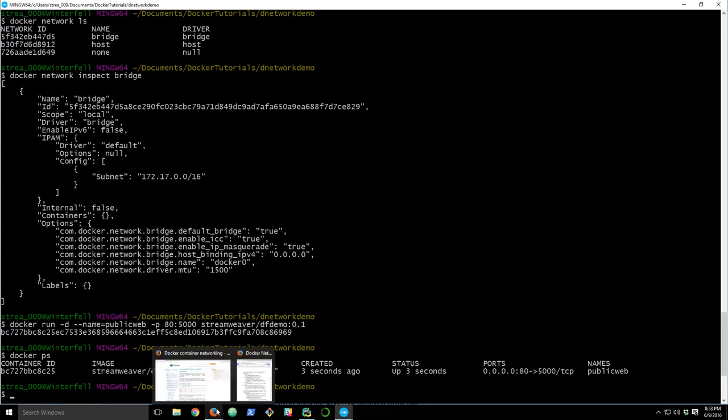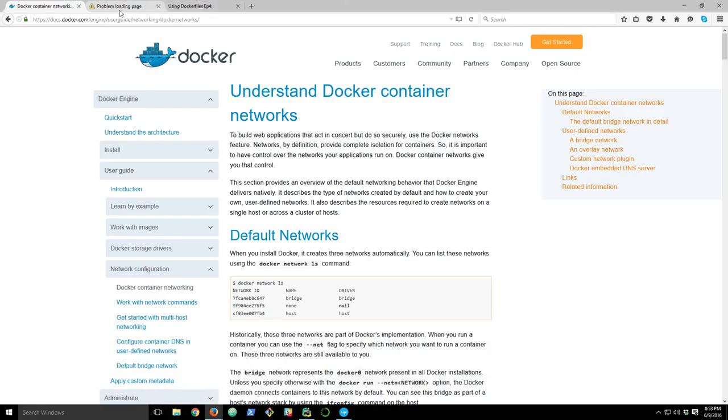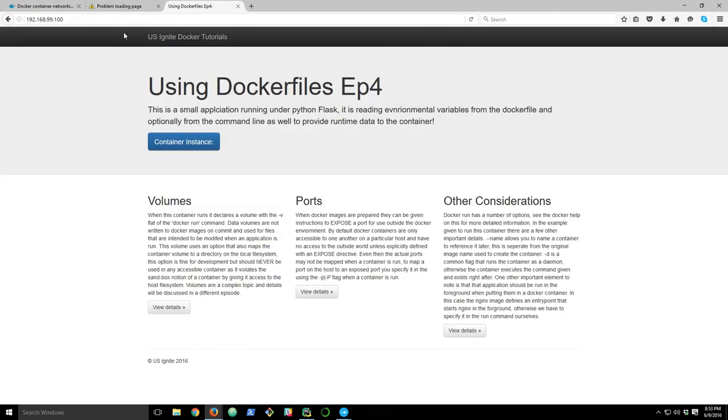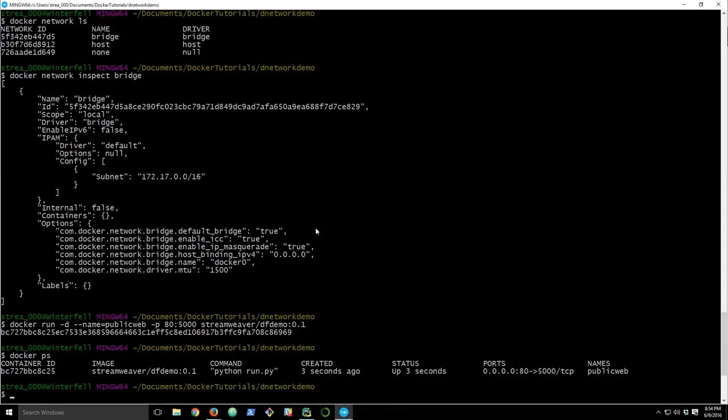If I go over to my web app and load this file here, that's already cached from before. So this is running on port 80 on the host machine. Again, this is Docker Toolbox on Windows, which is why you're seeing that IP number instead of the home IP. But anyway, that Flask app loads this web page and brings it back just fine. I mapped the container port 5000 to host port 80, which is why it runs as a normal web page. If I go back and inspect that network,